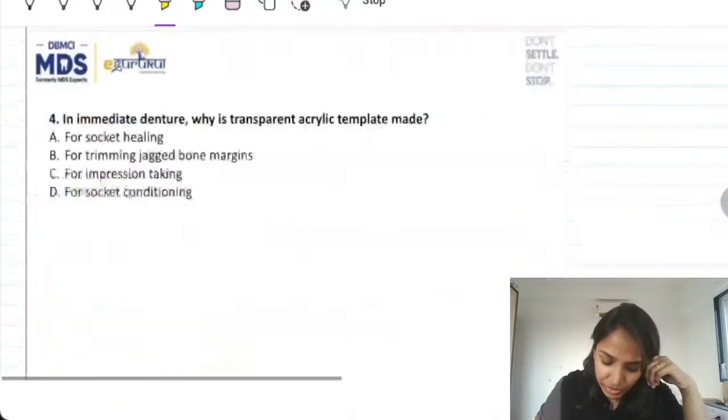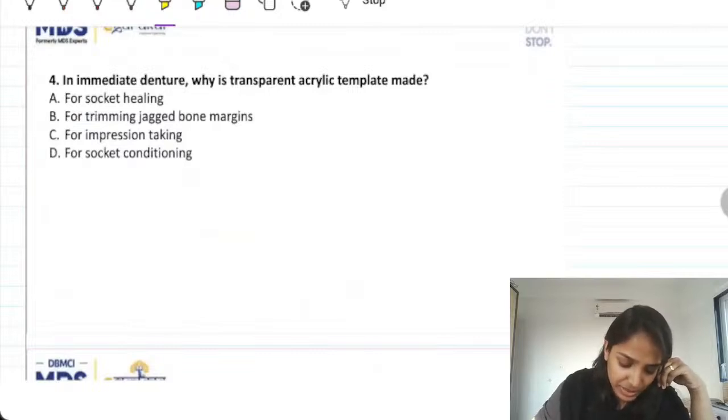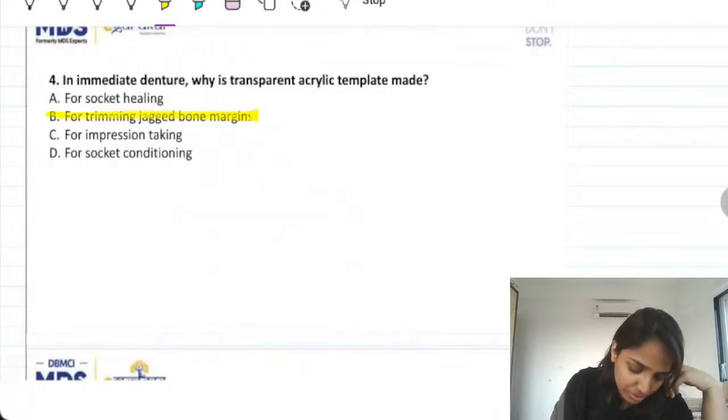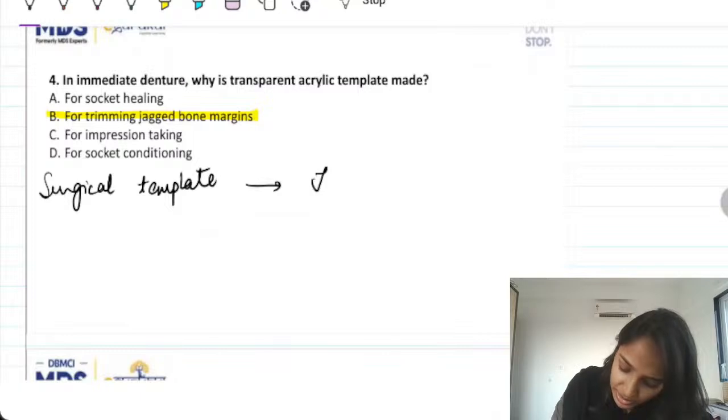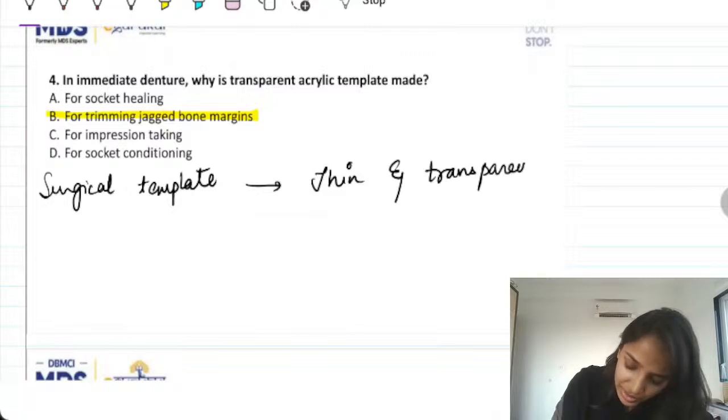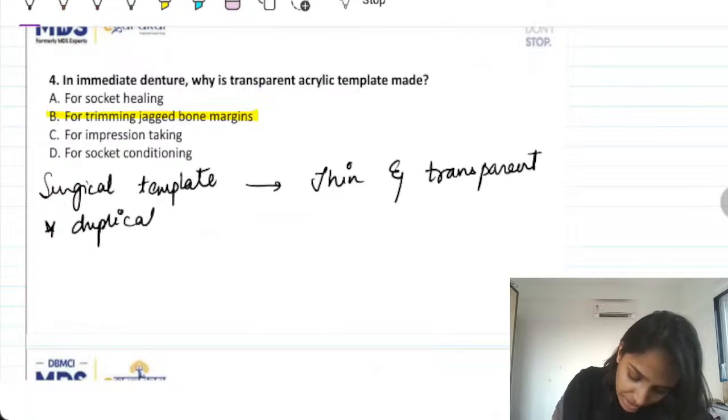Right. So question number 4, in immediate denture, why is the transparent acrylic template made? The transparent acrylic template is made for the purpose of trimming the jagged bone margins. Basically, you are making something which is called a surgical template. And this surgical template is thin and transparent because it is made up of clear acrylic. It duplicates the tissue surface of the immediate denture and acts like a surgical guide